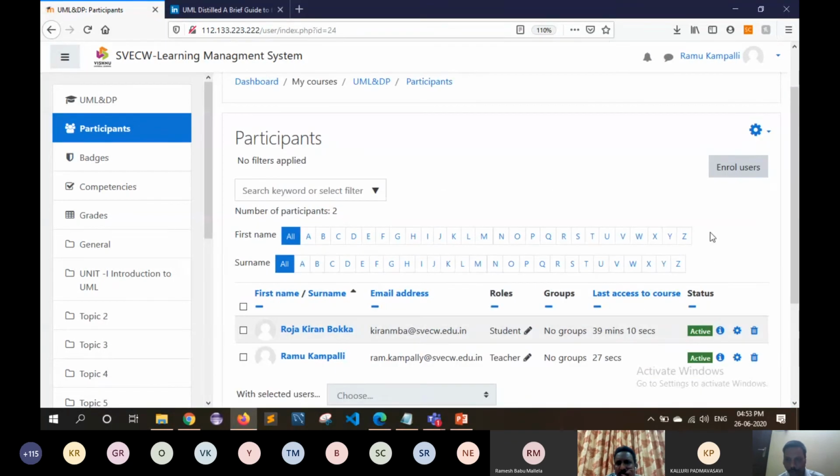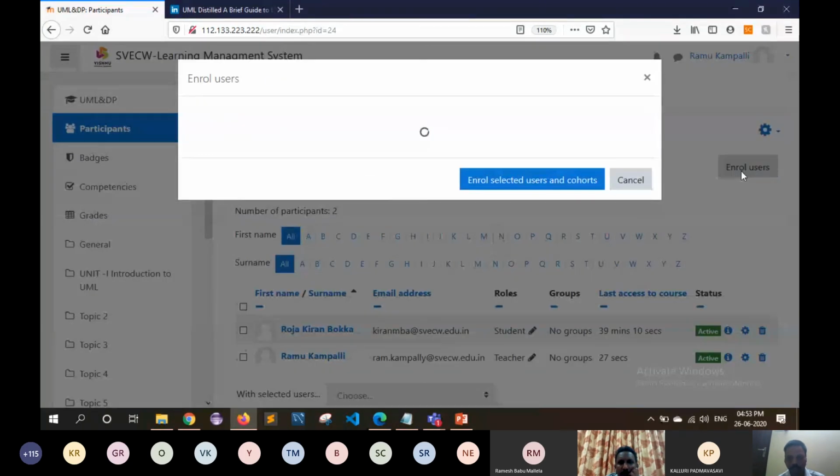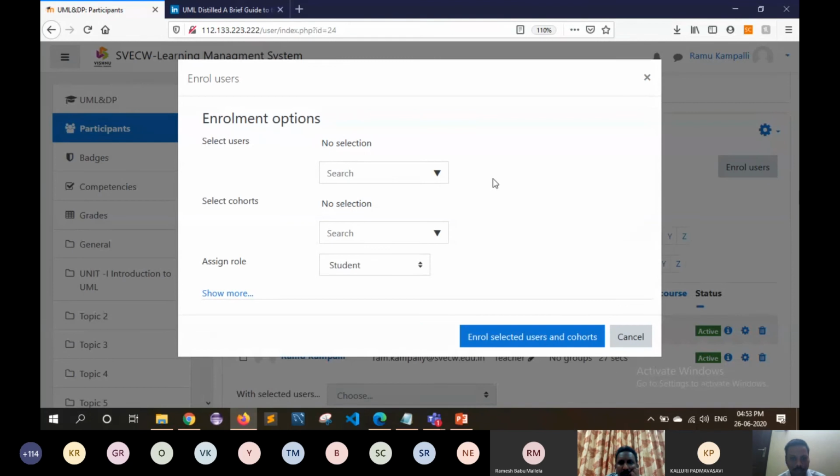If we want to enroll users into this course, we can click on the enroll users button. There it asks for some parameters to get users enrolled into this course. Select the users here. If you click on this text box, you have to type.